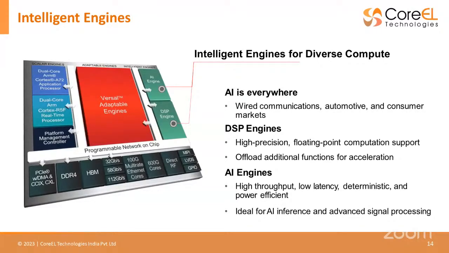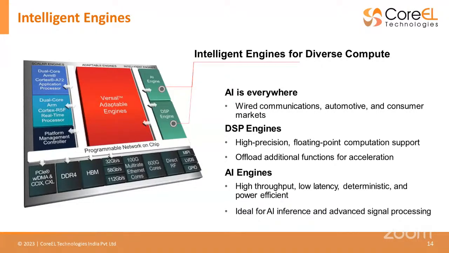Along with that, we also have our DSP engines that are high precision with floating point computation support. Okay, so whenever your AI has the necessity for additional workloads to be taken care of, you will be able to diversify your algorithm between your AI engines and DSP engines. If you need even more diversification, you can go on to the FPGAs as well. And once you are in the FPGA, you have the parallel processing that gives you unmatched performance